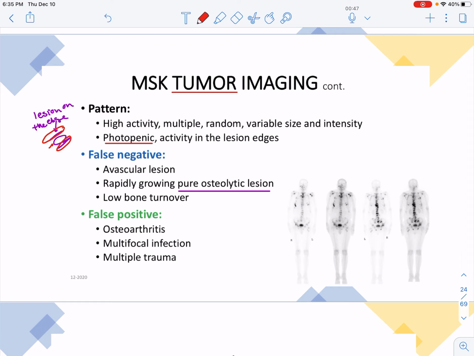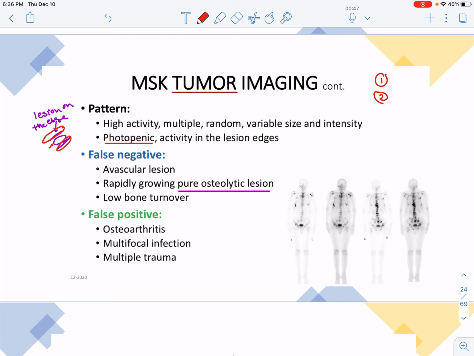So if there is a tumor that can have this characteristic, we can detect it through bone scan. For example, there is another tumor, neuroblastoma, that we cannot detect by bone scan. There is another scan we can do, MIBG, but not bone scan, not with technetium MDP. So when we are imaging the tumor, we need to know what kind of tumor, and we need to know